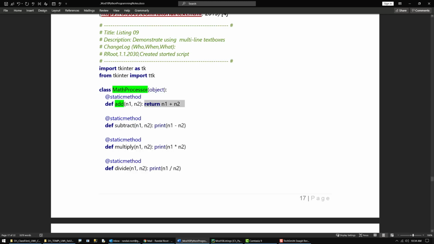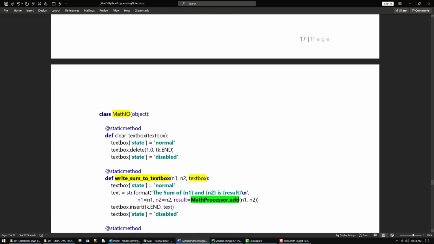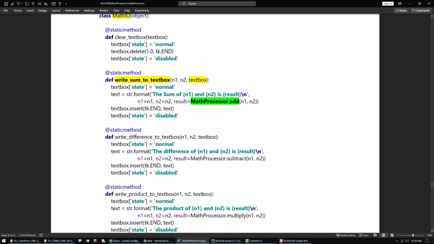And notice that in this case, instead of printing it, it returns data. That's important. I didn't do that on all of these. Using print will always print the console command. I don't want to do that. So I need to return the data, but I can't have return values in event handlers. So what I do is I return it from the processing layer to the user interface layer, and I use that data to write to my text box. I do that by inserting it